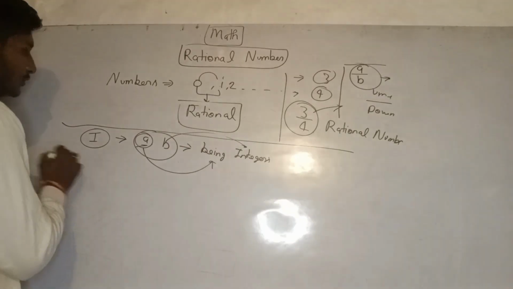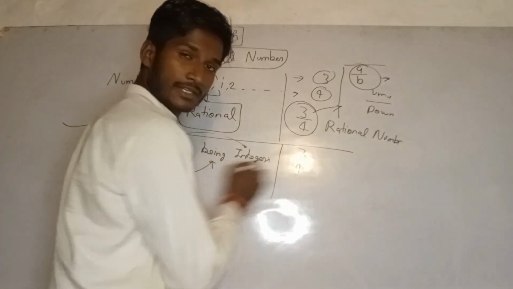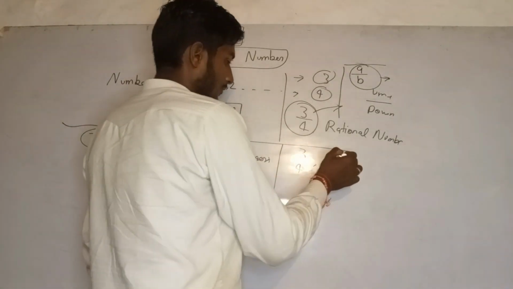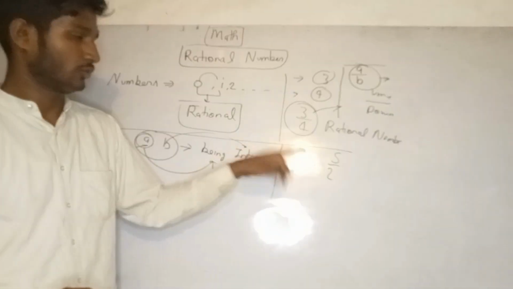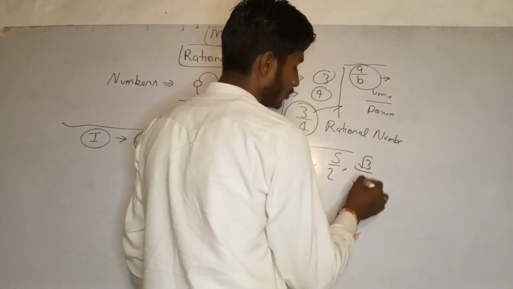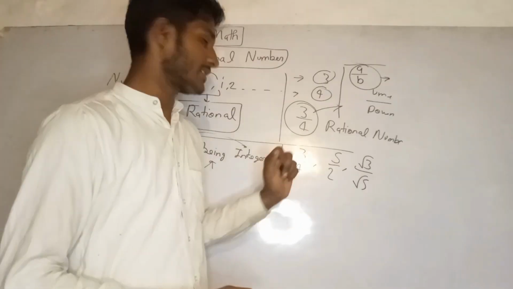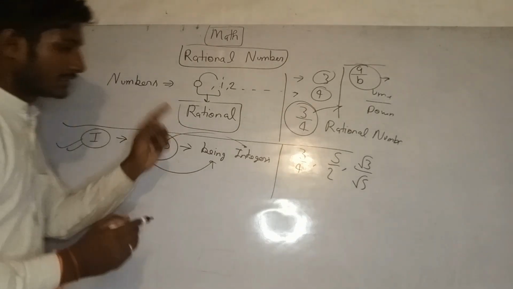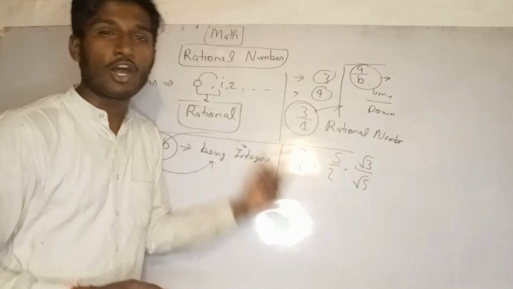Suppose we take the example 3 upon 4. It is a rational number because it is in the form of a upon b. 5 upon 2 is in the form of a upon b, so it is a rational number. Suppose root 3 upon root 5: it is in the form of a upon b, so it is called a rational number. But when we apply the first condition and check which are integers and which are not,